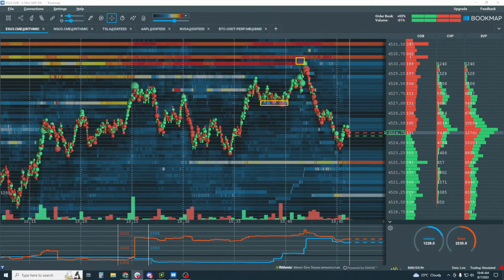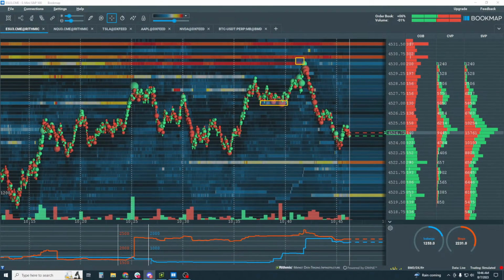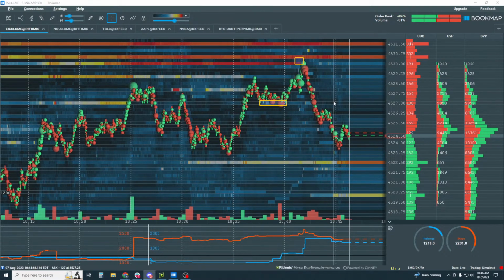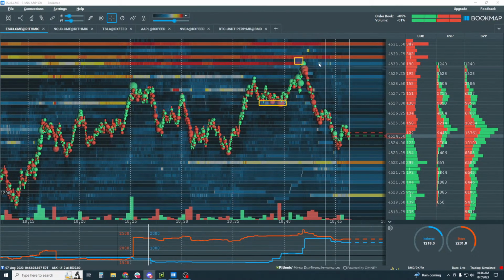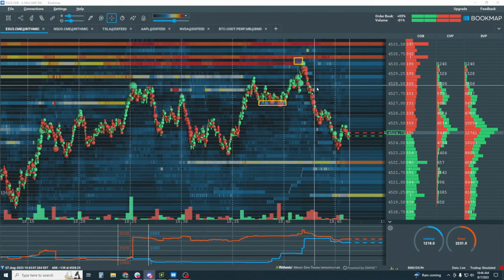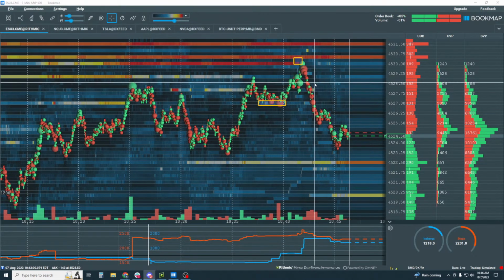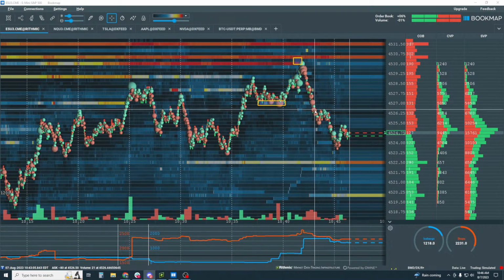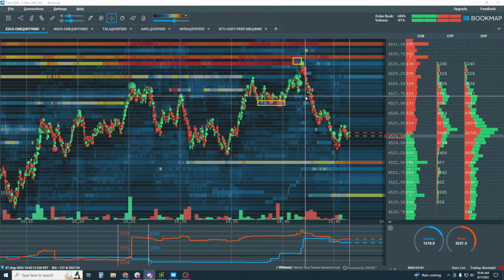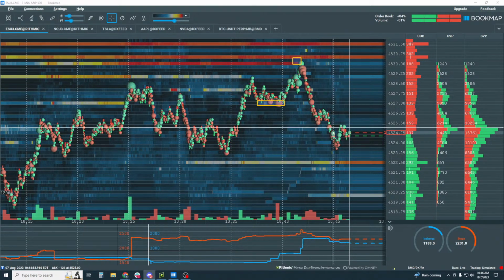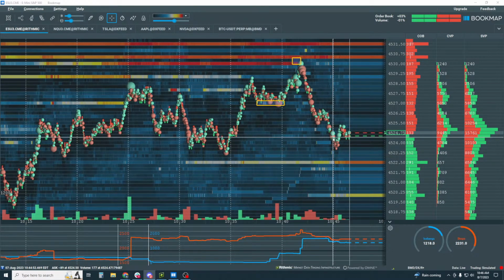All right, let me see if there's any more questions here. AC, did that answer your question? The order book is, we can just go through as we normally do here, looking at these three elements here. Very, very simple data. We're looking at the price structure.